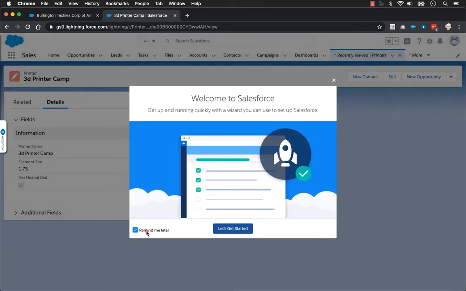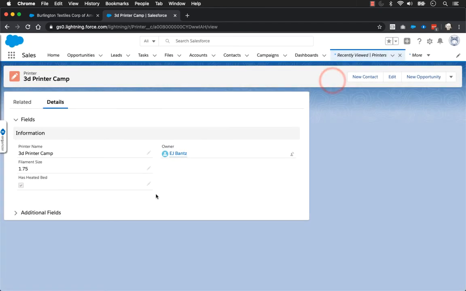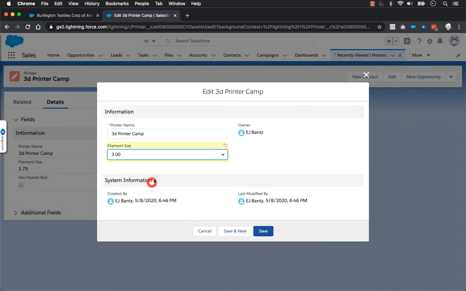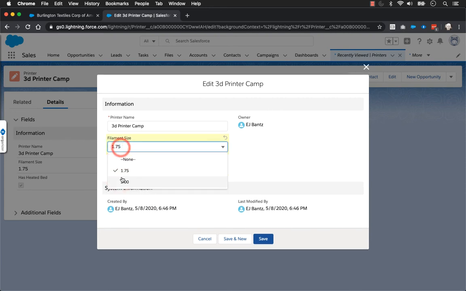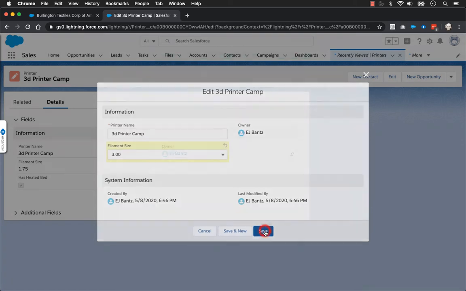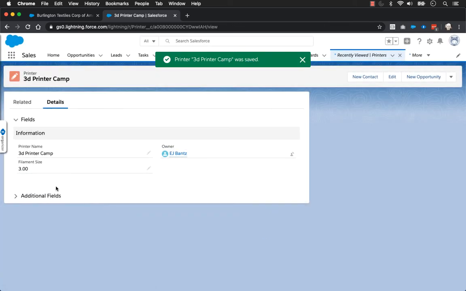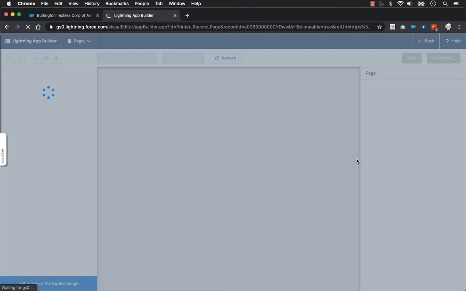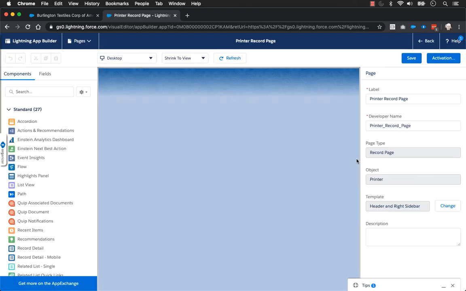Okay. And yeah, so let's edit this page, and then let's try changing the value, and wow, look at that, it goes away. That is pretty cool. I can see a lot of cool things with this feature. So let's take a closer look. Let's edit the page again, go back in,